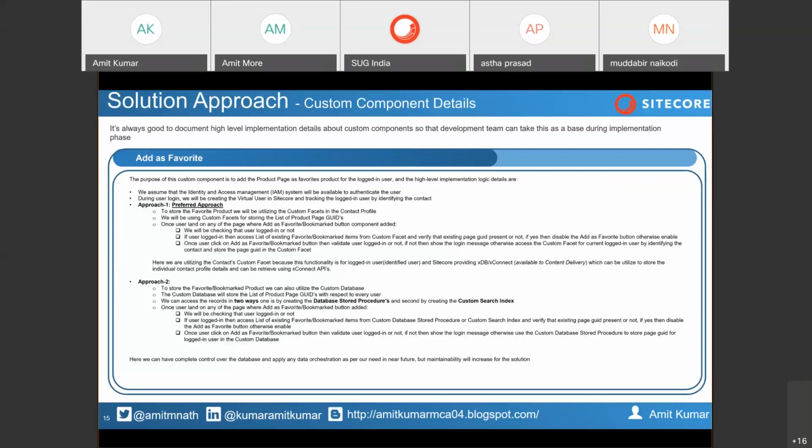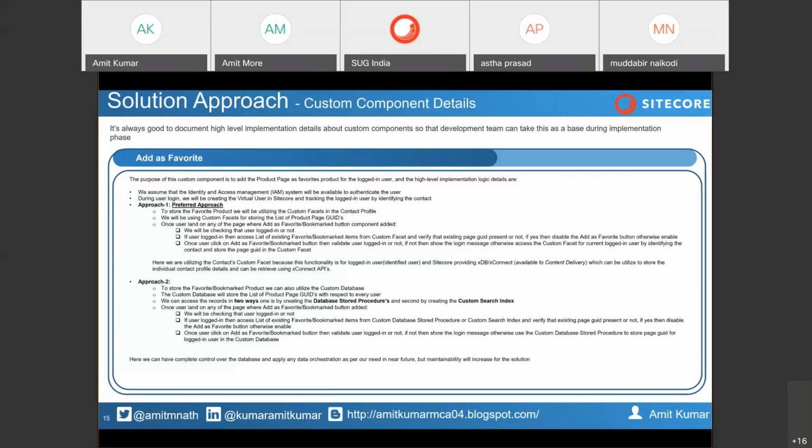So why am I explaining this during this session? Because these things matter while you are proposing any solution to the client. On the basis of these things only, you will provide the estimation to the client, not like you will just put 10 days or 15 days of effort. So these are the deciding points while you are discussing with the client how we are going to utilize that in the near future. Because nowadays, Sitecore is giving a 45 hours solutioning package with the licensing part also, right?